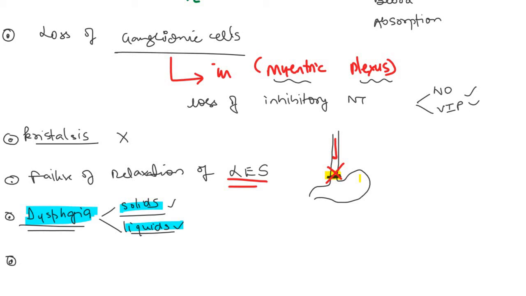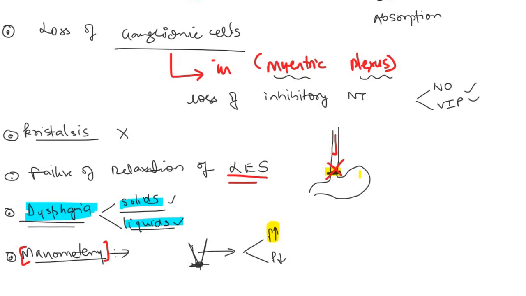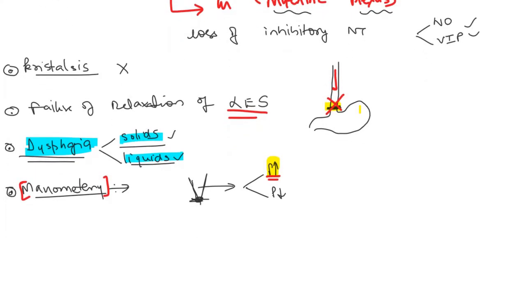If we do something called esophageal manometry, in which we note the pressures within the esophagus, now you tell me, if the lower esophageal sphincter is constantly closed and not relaxing, whether the pressure in the lower part of the esophagus will be high or low. Obviously, since the food is backing up and things are not moving forward, the pressure will be increased. So if we do the esophageal manometry, the pressure will be increased in achalasia cardia, and this is diagnostic. And last, there is something called bird beak appearance.